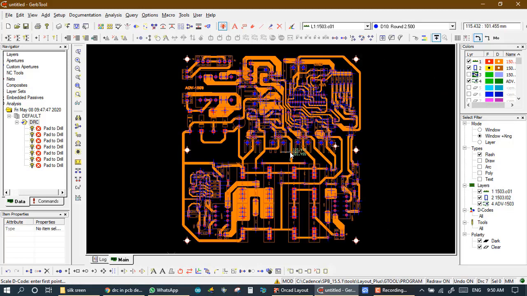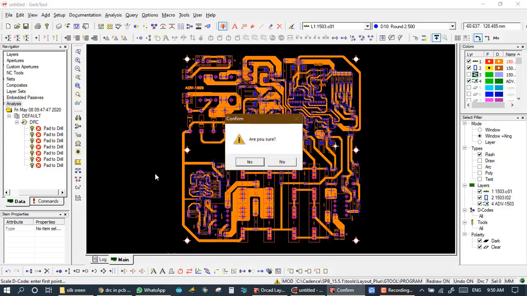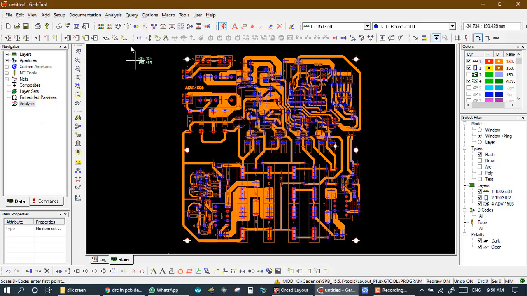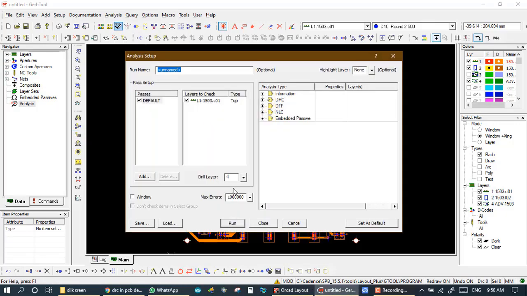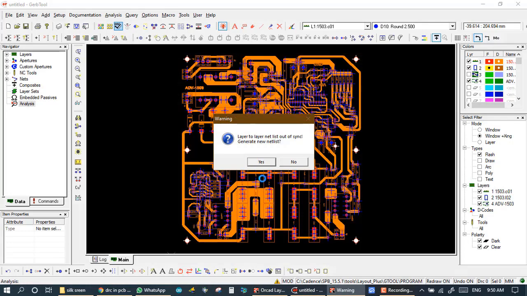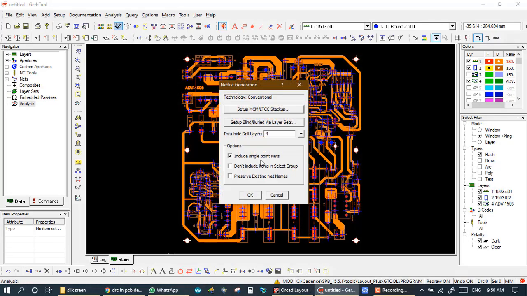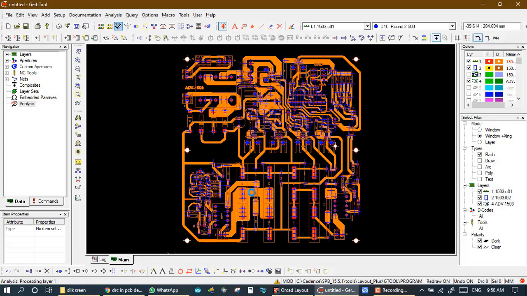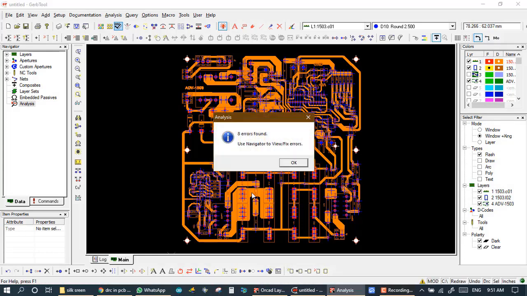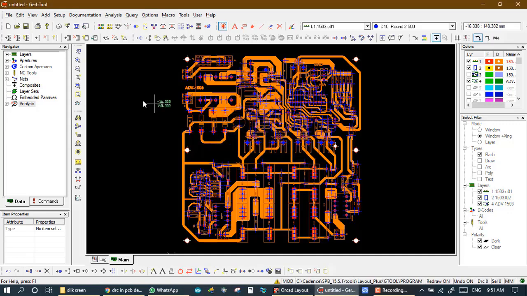So I maximize all pads of copper, and now I delete the last DRC, delete, and we check DRC once again, run. Yes. Okay, so here 8 errors still. So we check the 8 errors once again.